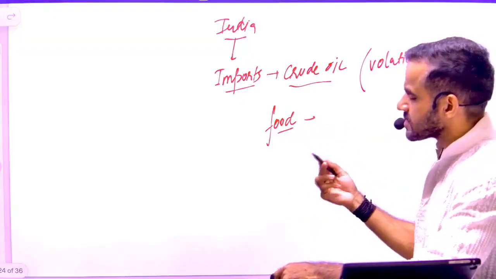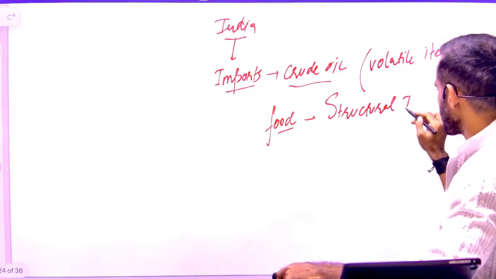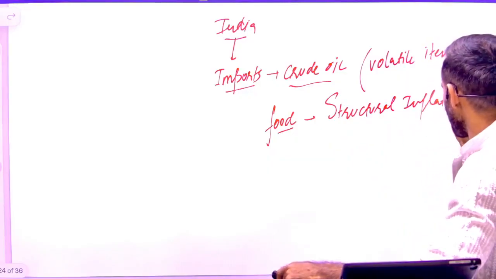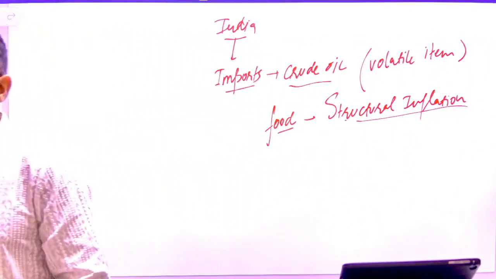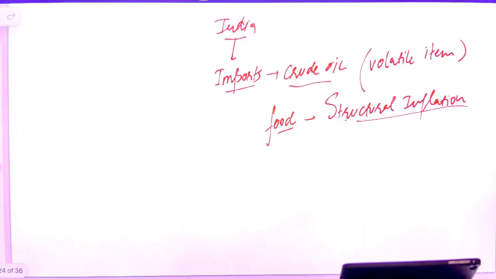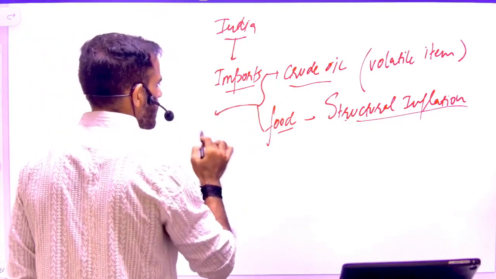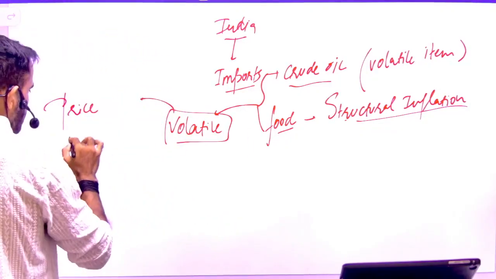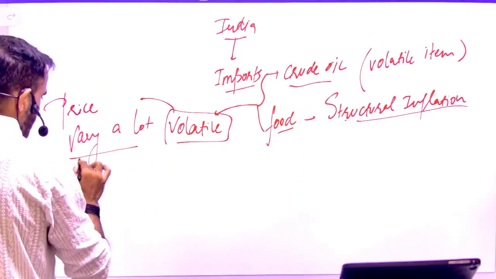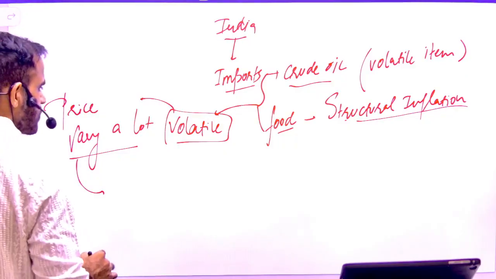Why do prices increase or fluctuate a lot in this case? We have covered the structural issue. What is the structural issue? That we don't have proper storage, we don't have proper transportation, we don't have a proper supply chain. So these 2 items are quite volatile, and therefore these items are not considered in our regular inflation. Volatile meaning prices fluctuate or vary a lot. So that's why these items are not considered in the calculation of core inflation. Core inflation. So in a very simple sense, understand 2 phenomena now.